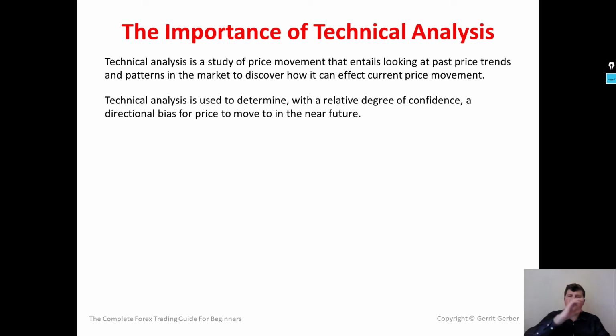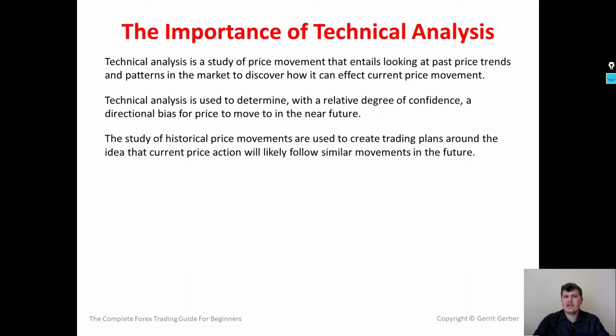Like I said, you look and analyze past price movements to determine whether the current price is likely to go up or down, and that is what technical analysis is used for by forex traders. Now, the study of historical price movements is used to create trading plans around the idea that current price action will likely follow similar movements in the future. And the old adage, history tends to repeat itself, is so important in forex trading, and it's so relevant here